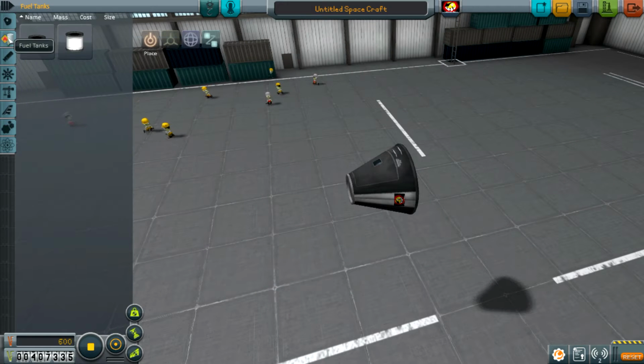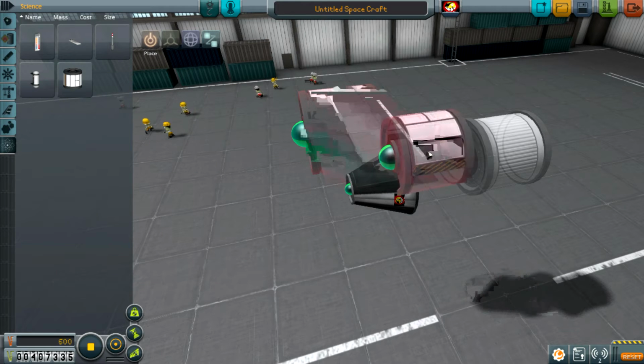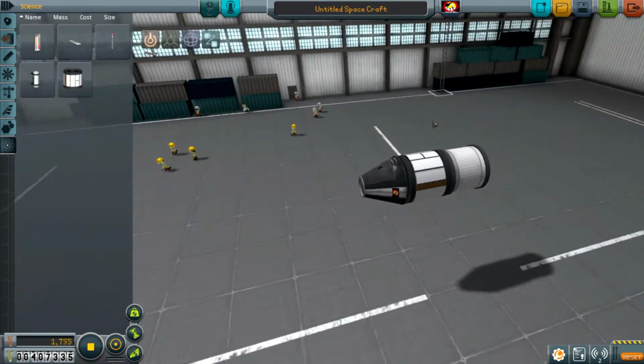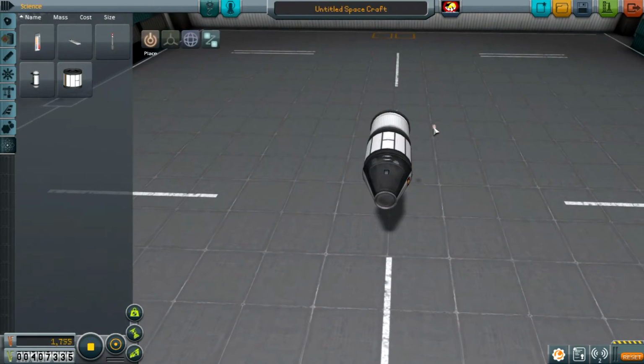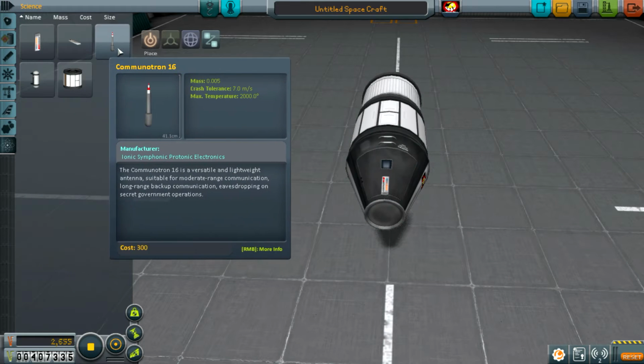Now then, what we need to do is we need to get a lot of science, which I told you before that each of the areas here in the Space Center are all their own biomes, which is very unique. Very interesting, I guess I should say. Anyway, so what that means